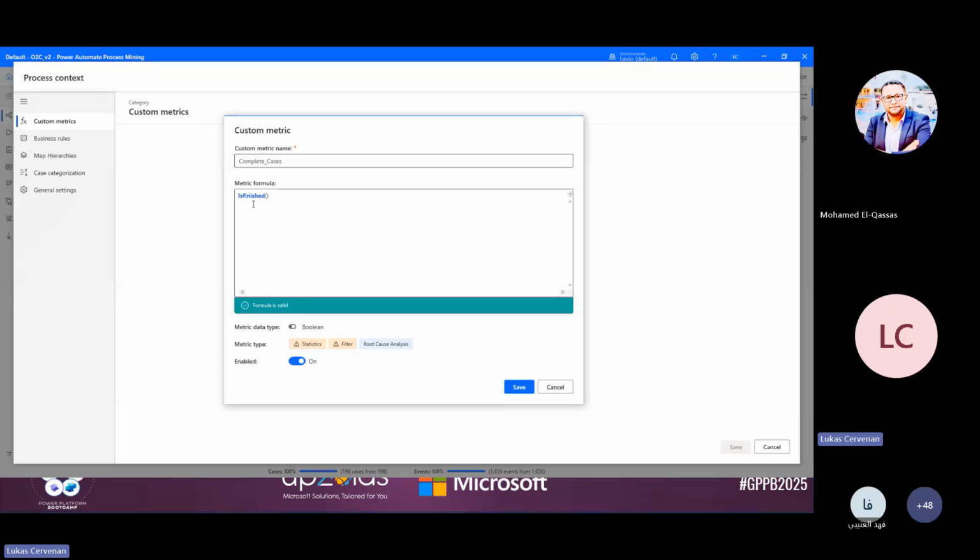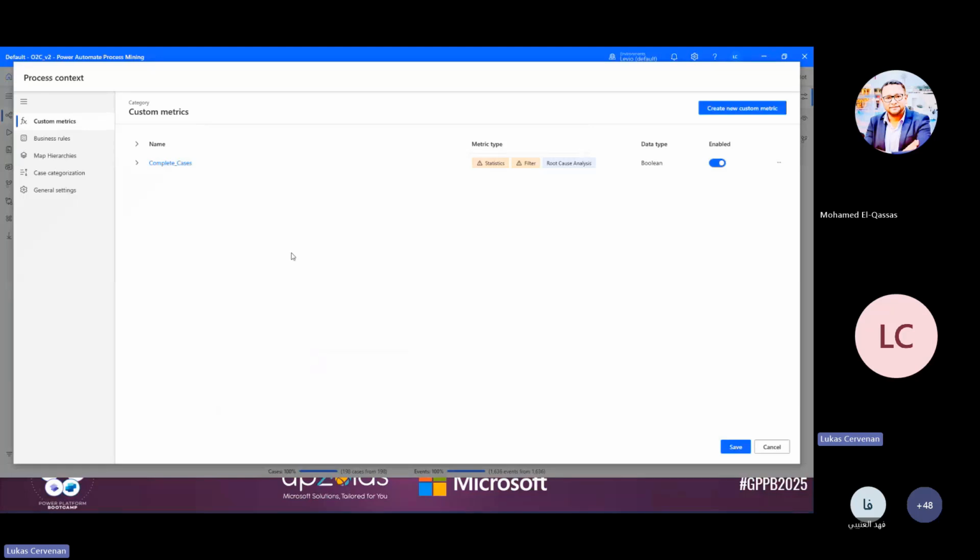This is not the common M language that is standard for the Power Platform. This is a specific scripting language that is used just in Power Automate process mining for now. That's the situation the way it is. There is complete documentation for this scripting language. It's relatively easy even for myself. I am not a pro coder, I'm a typical low code person. I was able to pick up this scripting language quite fast, and one of the best ways to use it is in custom metrics, which is one of the most powerful tools